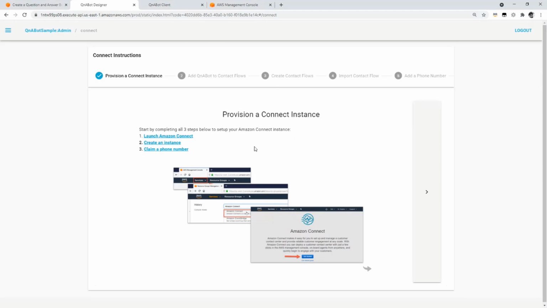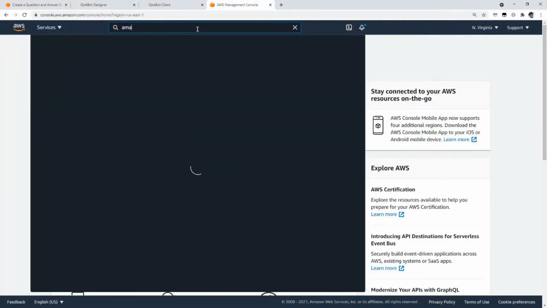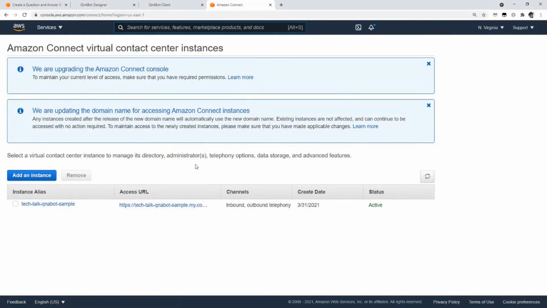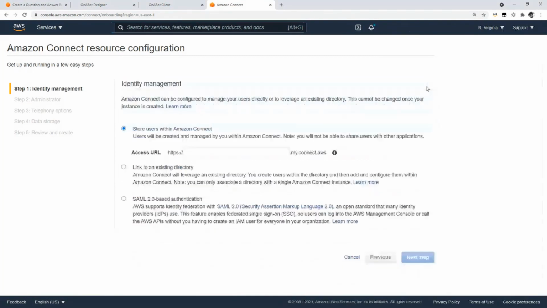So the first step is we need to provision an Amazon Connect contact center. So let's go ahead and do that. Within the AWS Management Console, we can type in Amazon Connect and navigate to the Service Console for Amazon Connect. You can see I already have an instance here, but we're going to go ahead and create a new one anyway. So I'm going to select Add an Instance and walk through how quickly and easily it is to deploy an